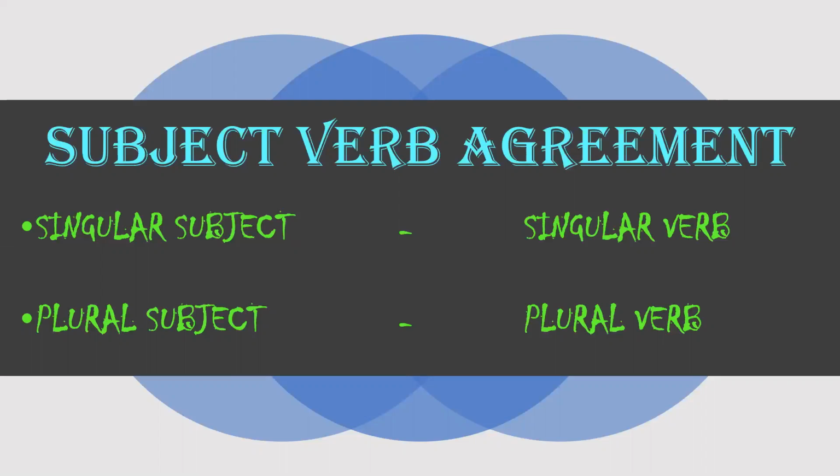Okay, so if you are using the subject in a singular sense, अगर आपका subject single है, अकेला है, one represent कर रहा है, तो आपका verb भी singular लगेगा. अगर आपका plural is more than one, अगर आपका subject is more than one, that means it is plural. Then the verb which you will be using will also be plural.